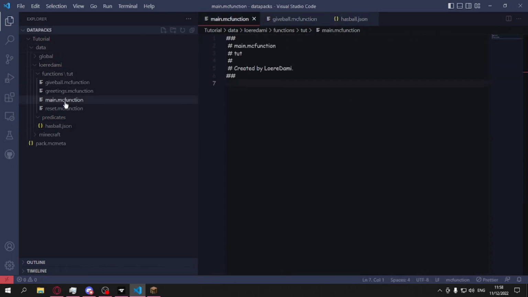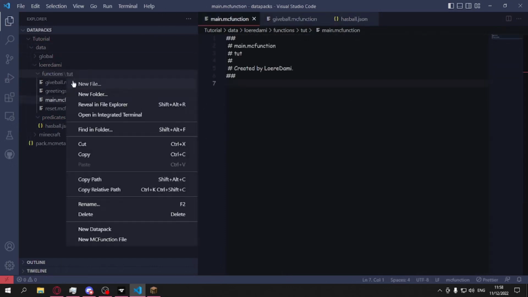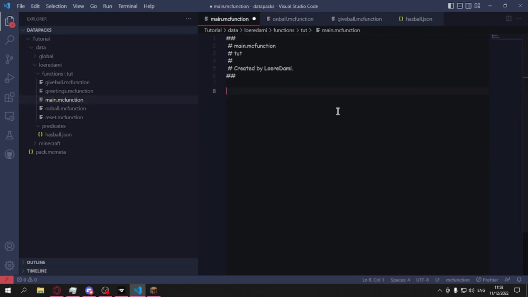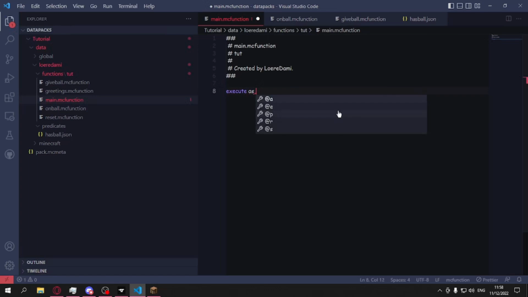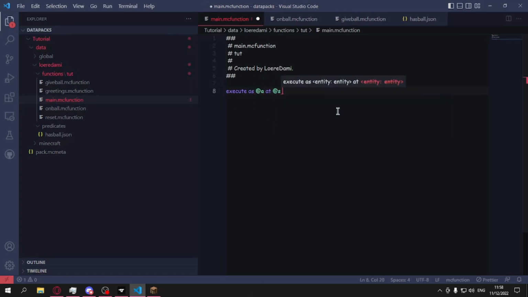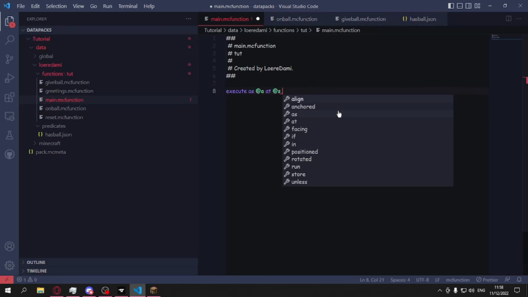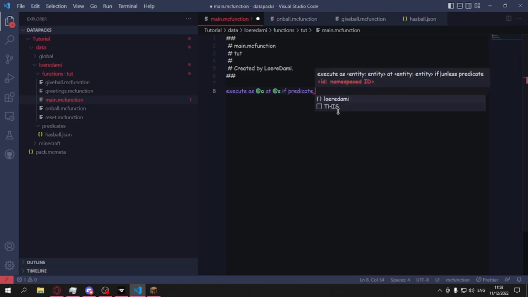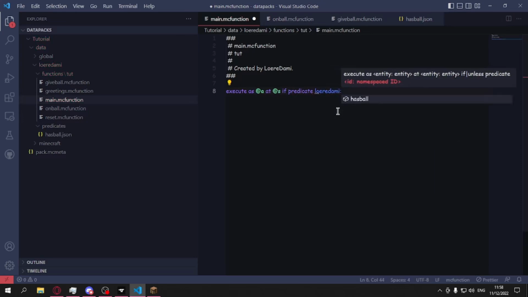Then we go into the main function, create a new file, and we call it onBall. And we're gonna say execute as every player at this player position if predicate the dummy hasball. So all it does really is